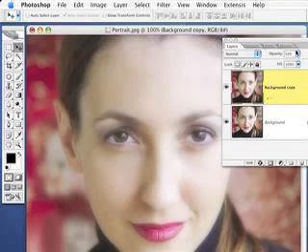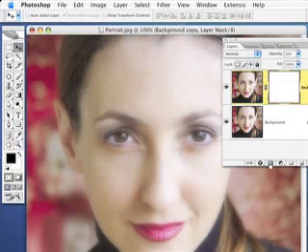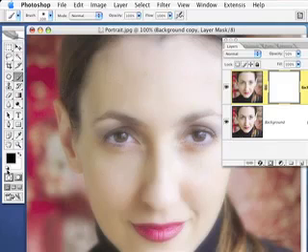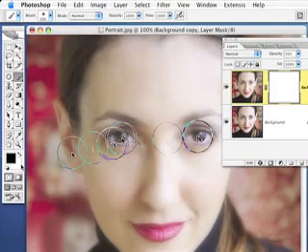Now, before we go on to this next step, I do want to say, there may be times where you do want the entire image to be soft. But in this case, we're going to try to bring back some detail by clicking on the layer mask icon right here at the bottom of the layers palette, and go ahead and grab a paintbrush, make sure your foreground color is set to black, and now you're going to paint over the areas that would normally have detail, like